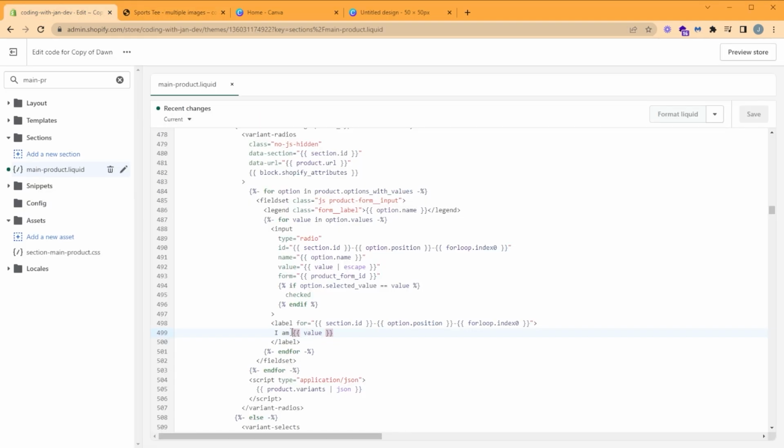All right, so this is where the magic happens, because now we can style the label element. So I'm going to go ahead and remove that. Here's our label element, and we're going to use an inline style. So we're going to type style, background image,